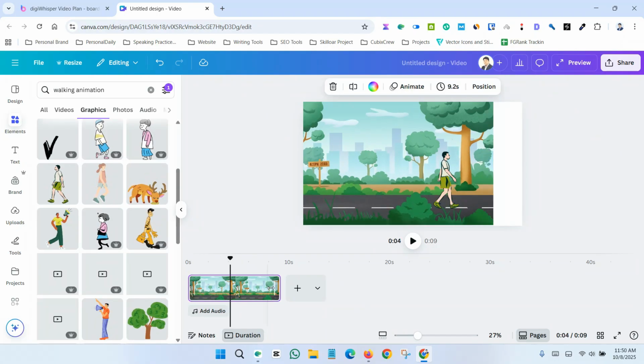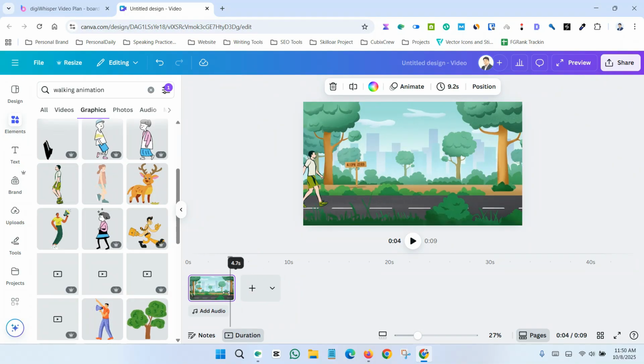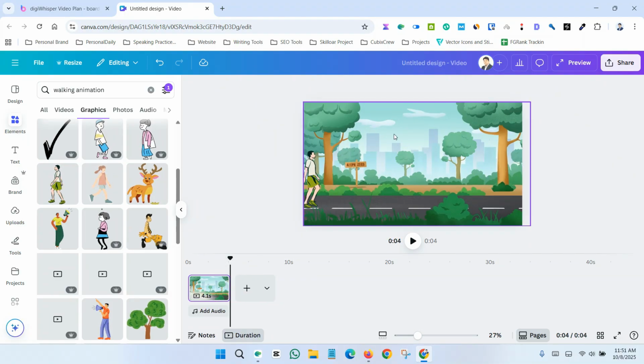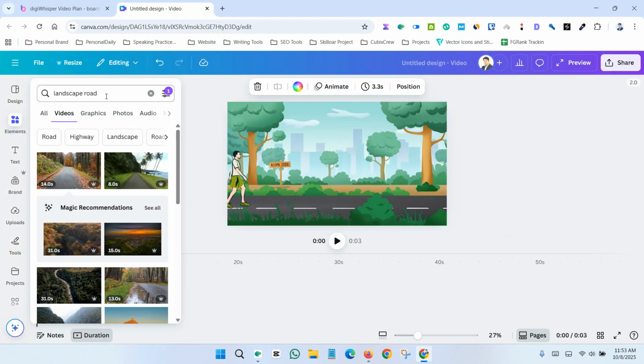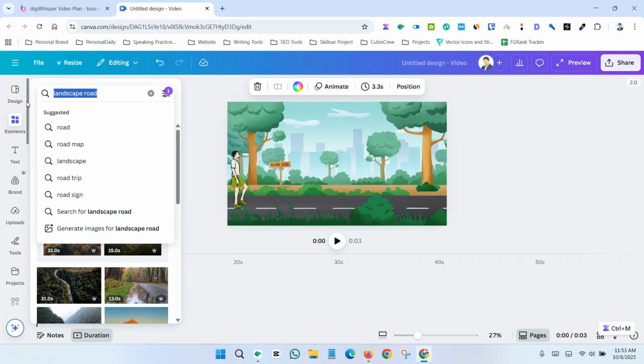So I am holding shift now, just dragging the path I want the character to walk through here. So now you will see the animation character is here. Now customize our time. We can add animated background here. Now we can check our preview. Let's say some other things are moving. So I want to add another thing. Click element, and this time